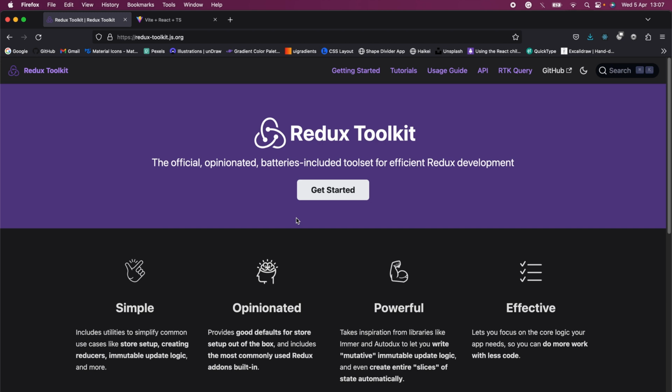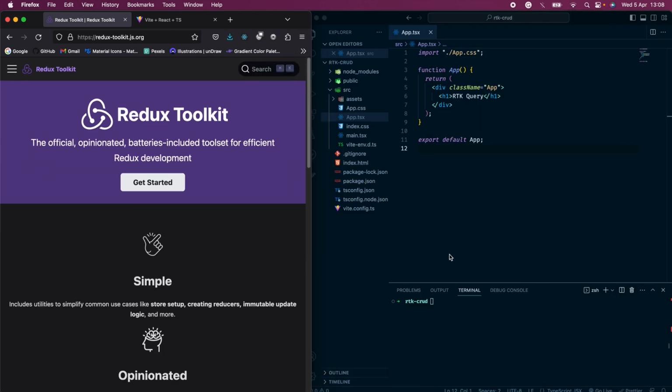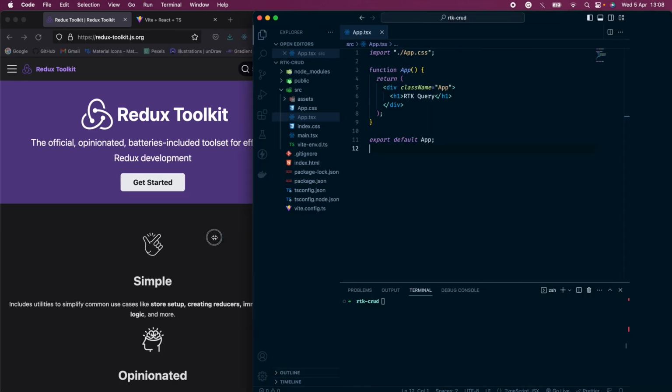In this video on RTK Query, which is a powerful tool for managing state and fetching data in React, I'll be guiding you through how to use RTK Query, the basics of it, and demonstrate how it streamlines data fetching processes. So just to show you what I have here, I have an empty VS Code here,